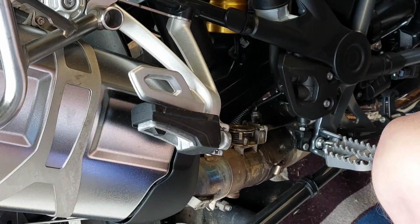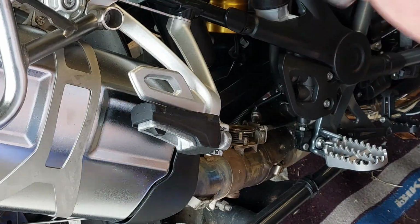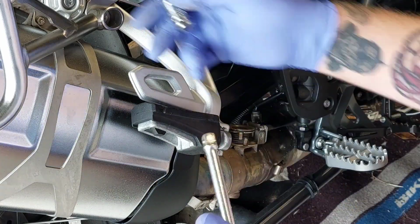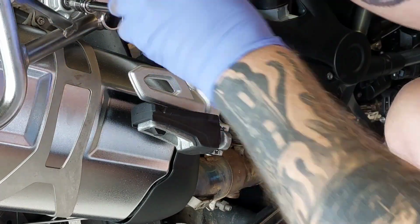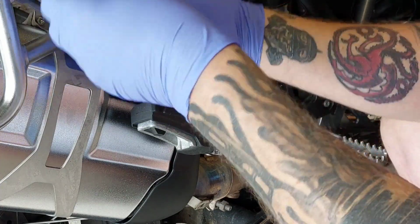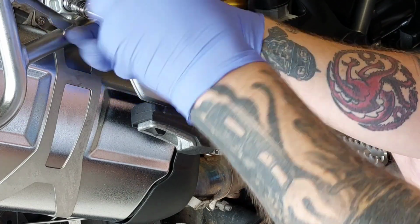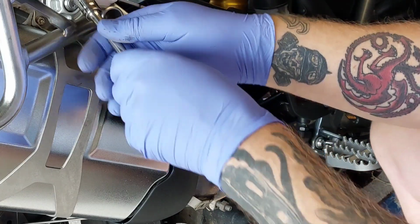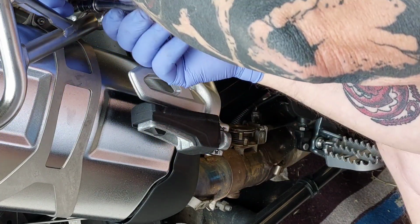And we are going to get our Torx 40 and undo this one at the top, holding the silencer on. Ooh, not a lot of Newton meters in that, he says. Okay,